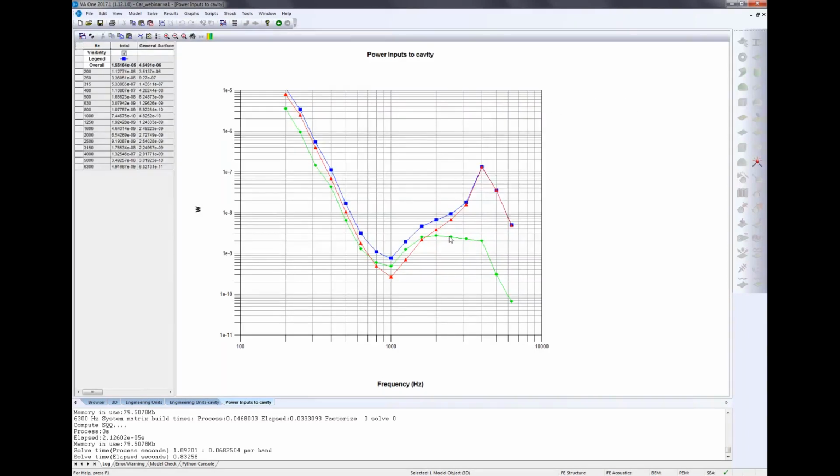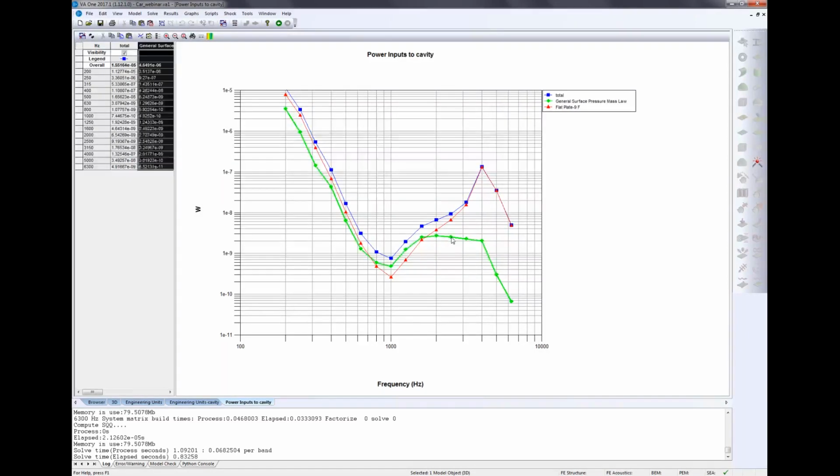Here you have a part which is the mass flow, and also the part which is the pure radiation of the plate inside the cavity. At higher frequency, the radiation of the plate is a more important contributor to the pressure level inside the cabin, whereas at lower frequency you have a more balanced contribution from both.